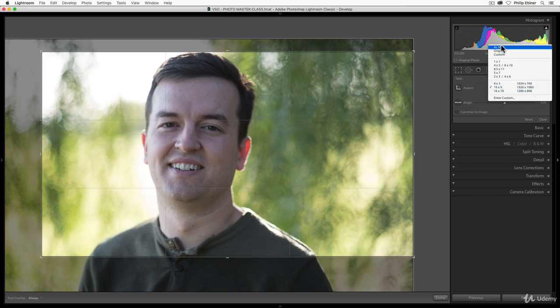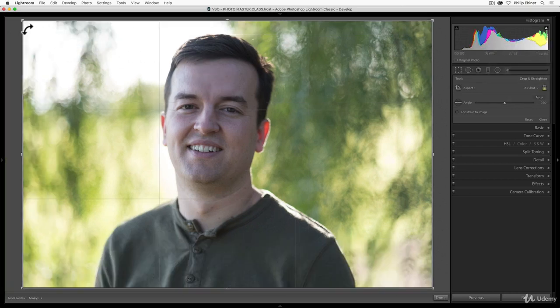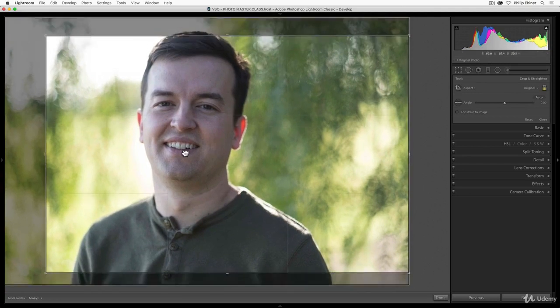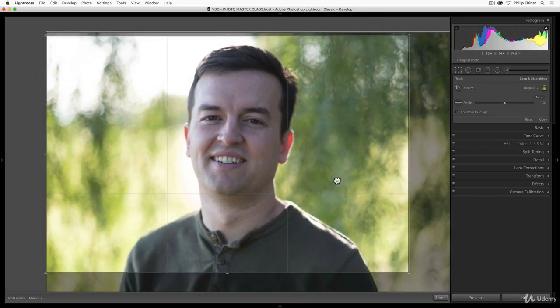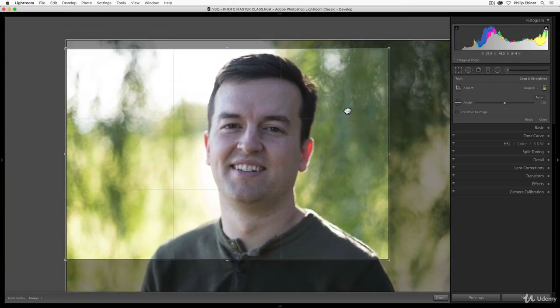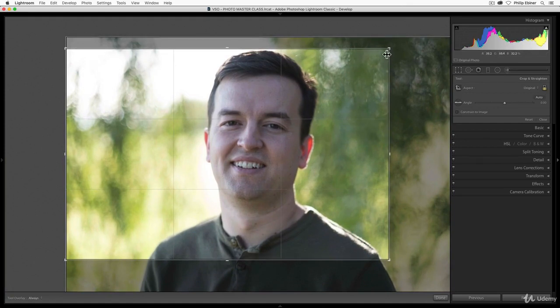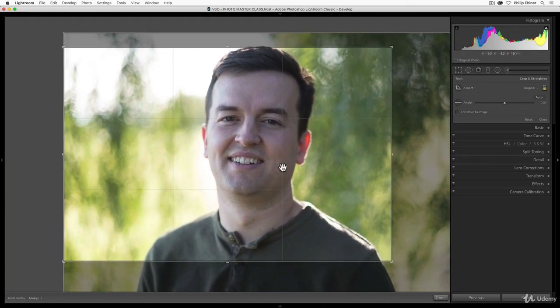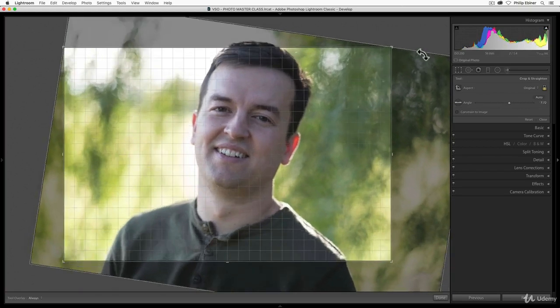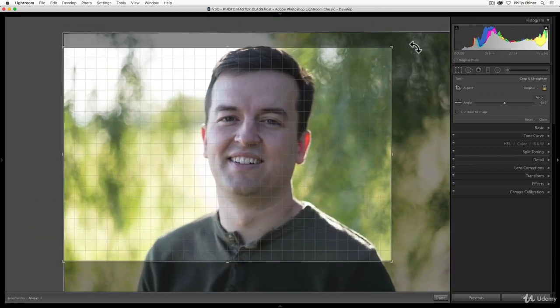I'm going to leave it as shot, but I'm just going to drag in slightly and try to put my face sort of more on that left line, or maybe because I'm actually facing, I'm turned the other way, I might move myself over here just a little bit. Something like that. Try to get my eye as close to that intersection of these lines so that I'm following the rule of thirds. You can also rotate by hovering over the corner and dragging to the left or right if you want.